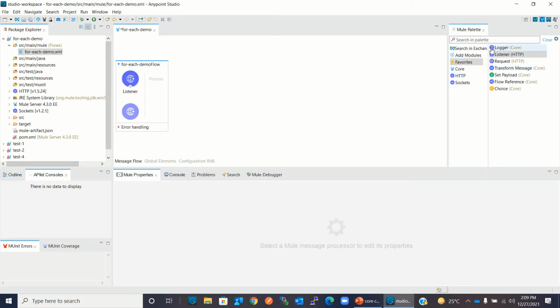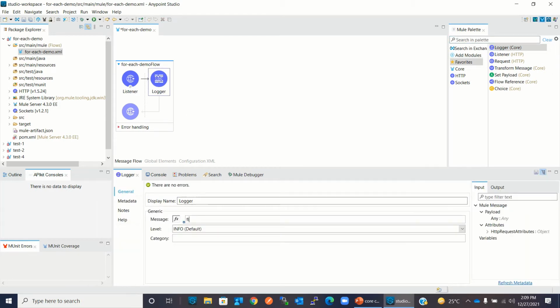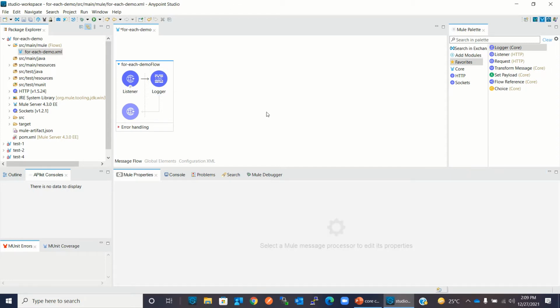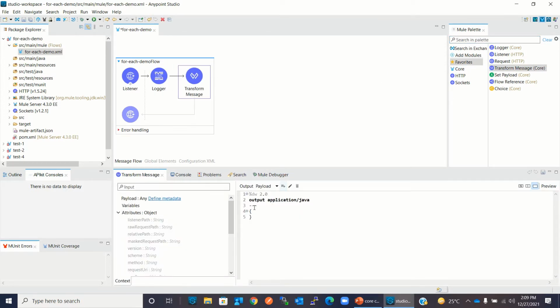Now I will drag a logger component. I will enter flow started. Now I will build a payload. In a real scenario, we can get this payload from either an FTP file or from a database, but I will build it using the transform message component. So I'm dragging this component inside the flow and I will change the output to application/json,